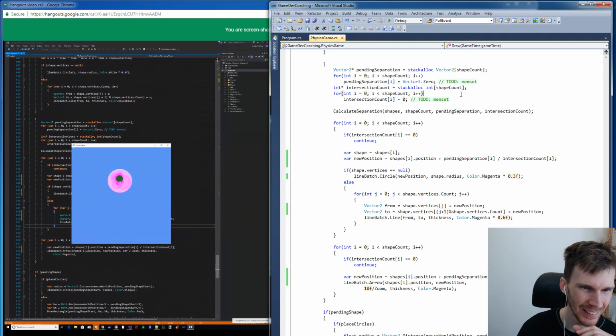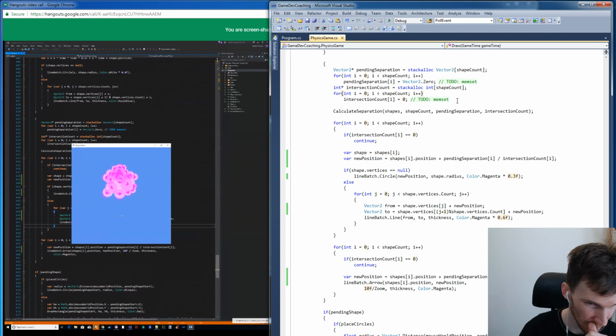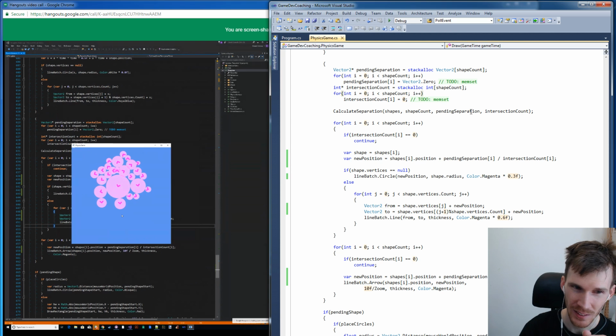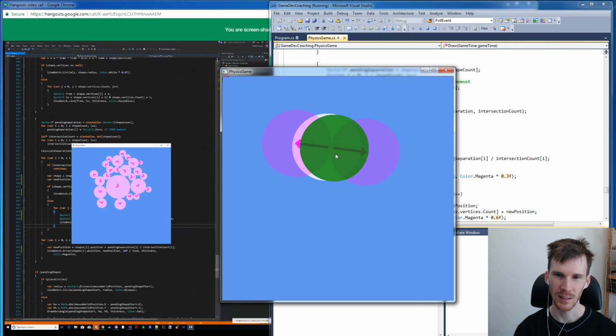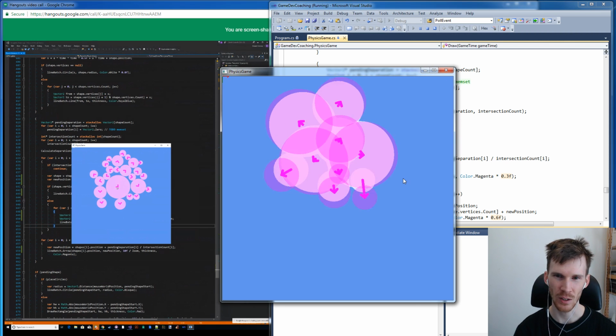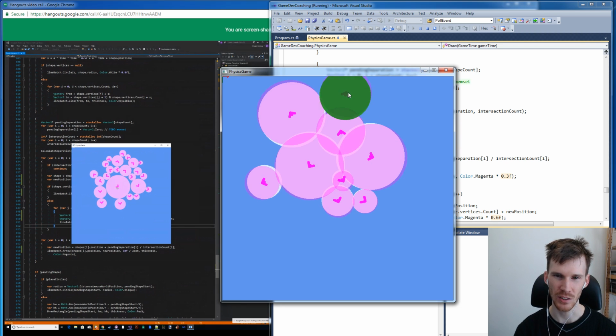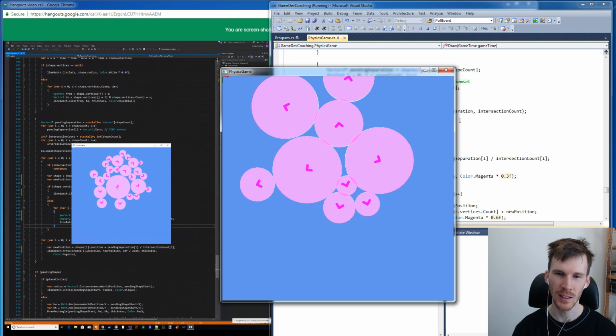Oh, actually, is this wrong? This looks wrong. No, that's right. That's actually correct. So you've got a whole lot of overlapping shapes, and they're not separating as much. So the division is reducing the amount of separation substantially. Yeah, so that's correct. And then we have a few iterations to clear that out, and you'll notice that it separates this whole stack. Certainly gets to this point in just a handful of iterations,